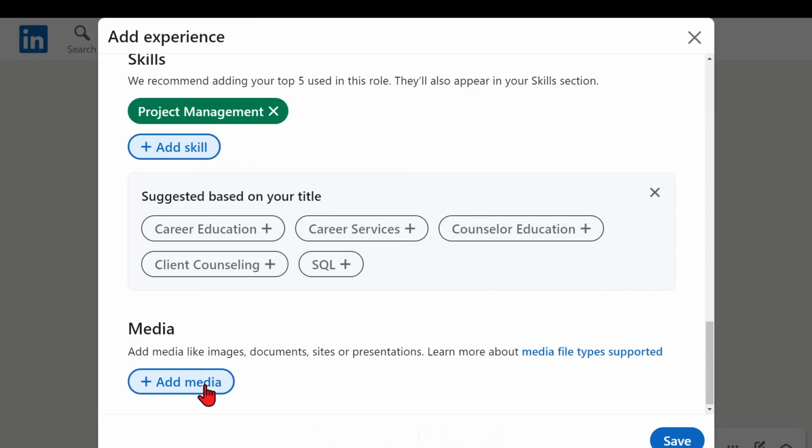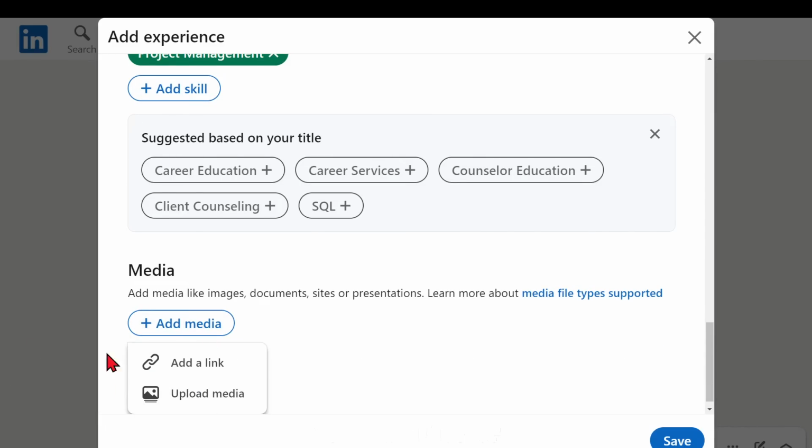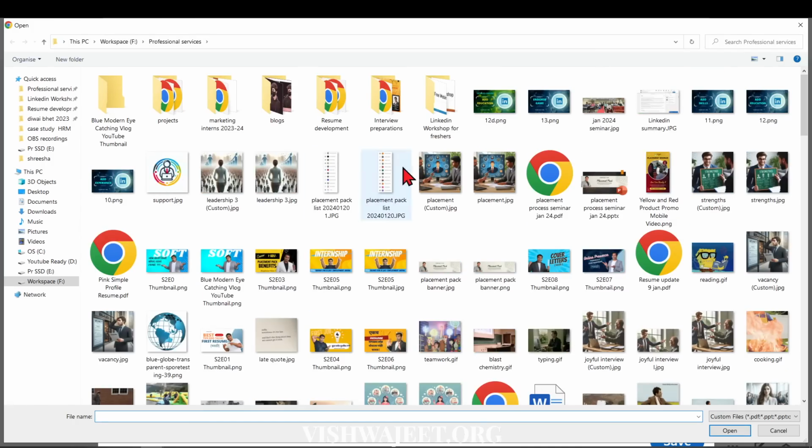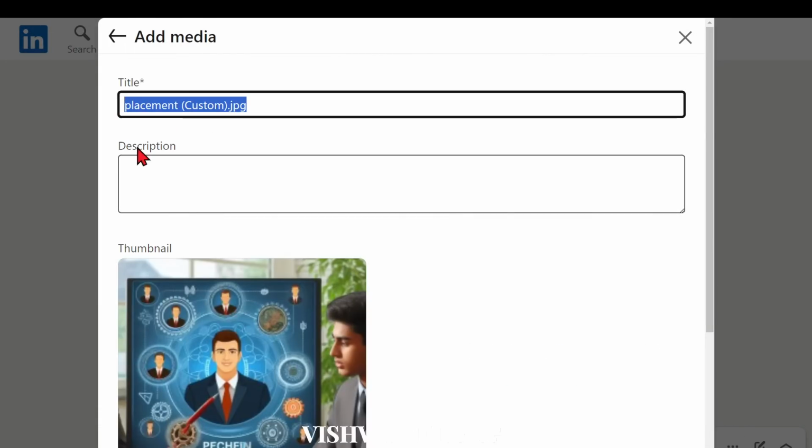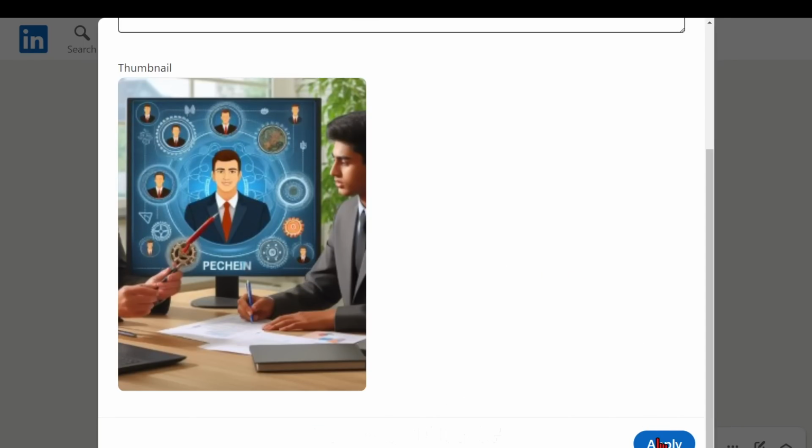Then media, you can add different photos, and after adding the photos you can just give the information about why you have earned that thing, and what seminar was that, or which presentation you have given, or which work you have done. Please note, please do not share any confidential or internal documents over here. That will be problematic for you and your profile. So only share those things which are very much ready to be shared publicly. So that is it. You can apply.